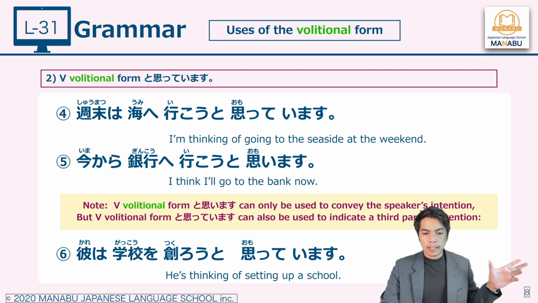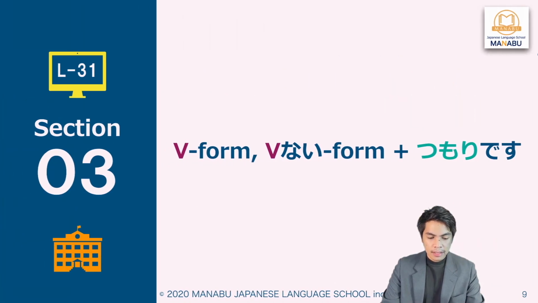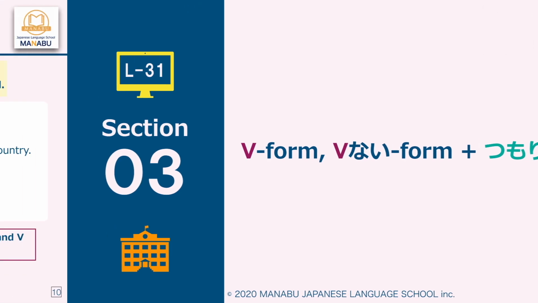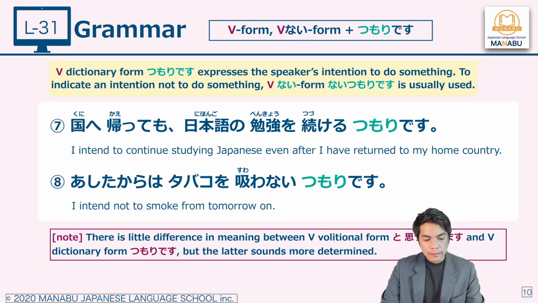作ろうと思っています。Grammar point number 3, the verb dictionary form, the verb nai form plus つもりです。So the verb dictionary form つもりです expresses the speaker's intention to do something. So the speaker's own intention to do something. To indicate an intention not to do something, the verb nai form つもりです